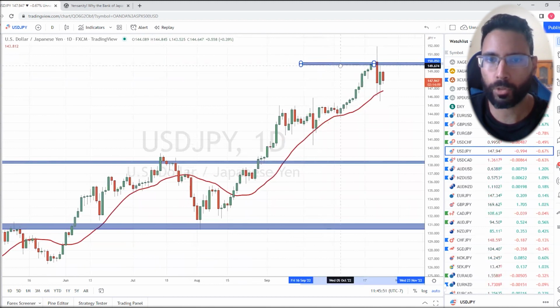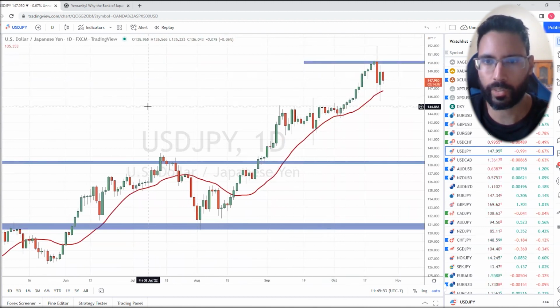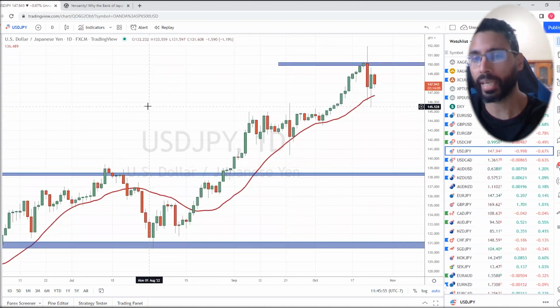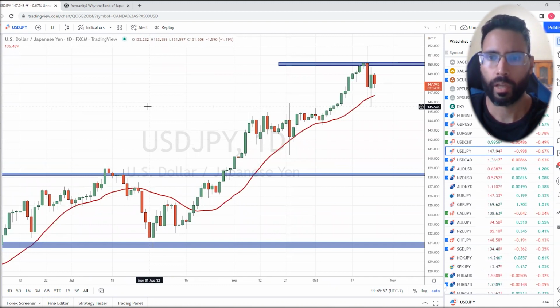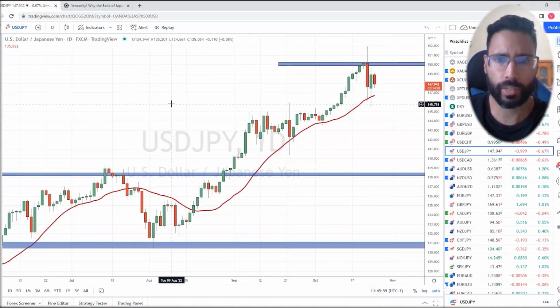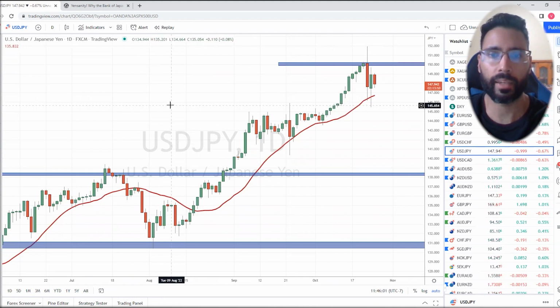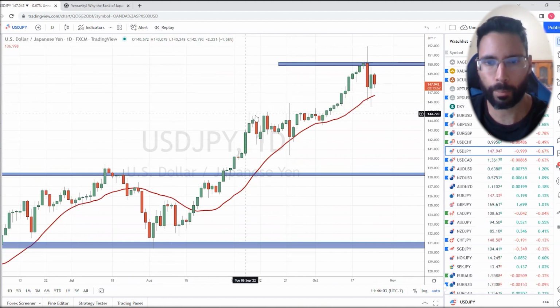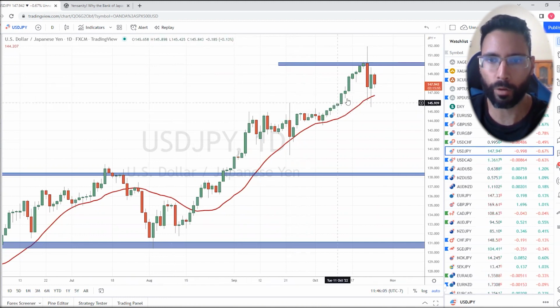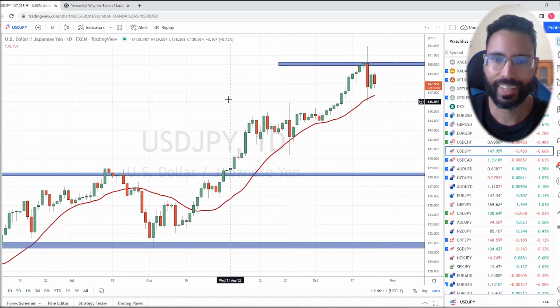So I'm just quite curious to see what they're going to say, and if the market's going to buy it, right? If they are going to attempt to do more currency interventions to try to weaken the yen. There might be a bit of a pullback, but I think buyers will probably step in at 145, just like they did step in after the news of a currency intervention.